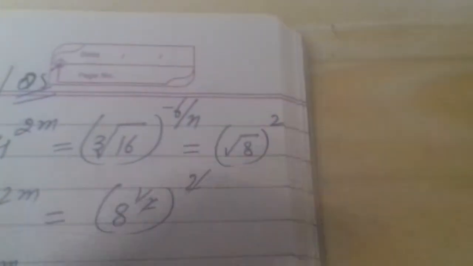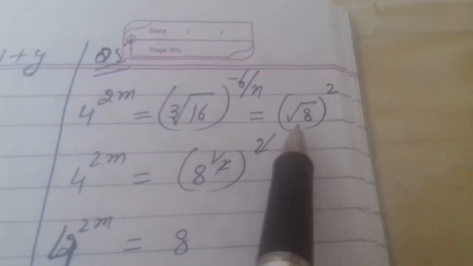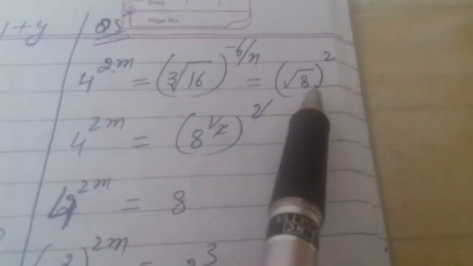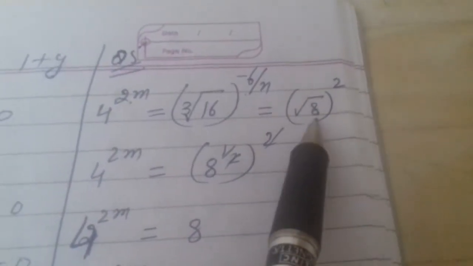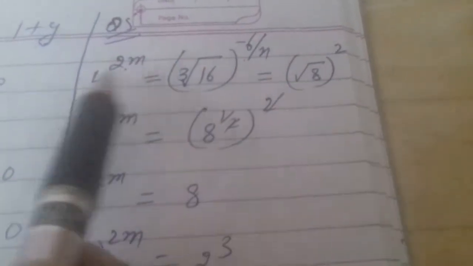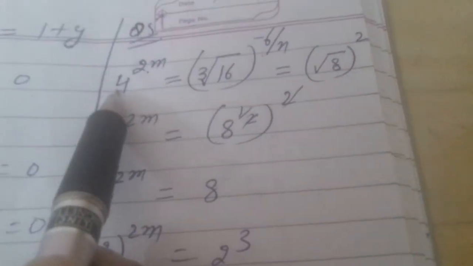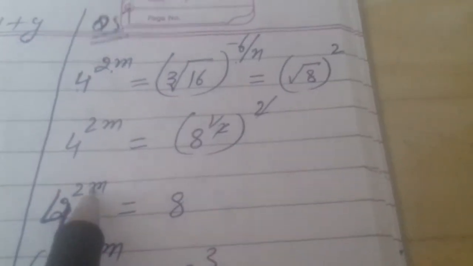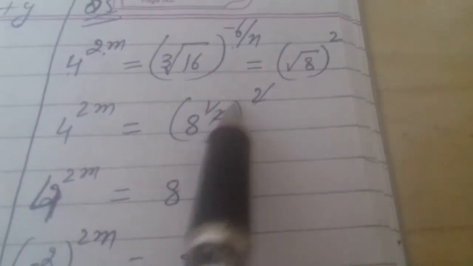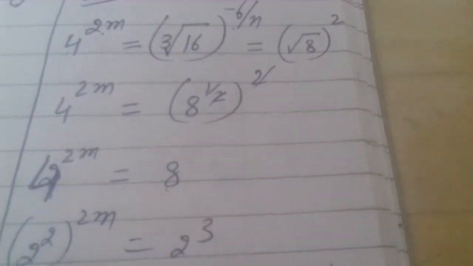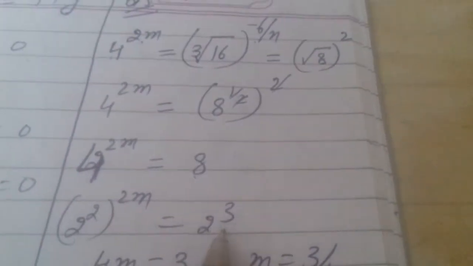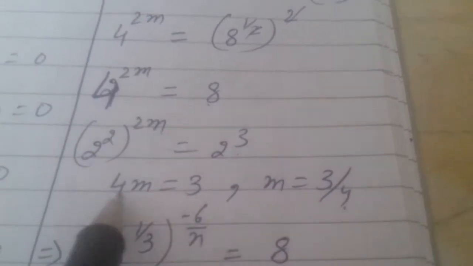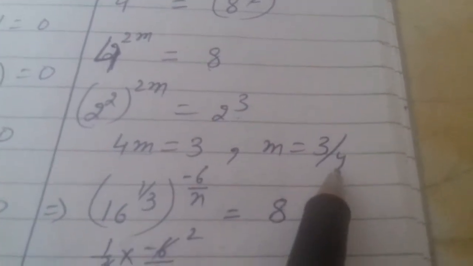Now fifth question, children. Fifth question is this. You can see here also variable is there, here also variable is there, but this term is constant. So in these type of cases, one by one you will compare it with constant. First we will compare this term with constant. Okay. Now 4 power 2m, and square and root will get cancelled. Now 4 can be written 2 power 2. Here also 2 power 3. Now bases are same. It will be 4m is equal to 3. m is 3 by 4.